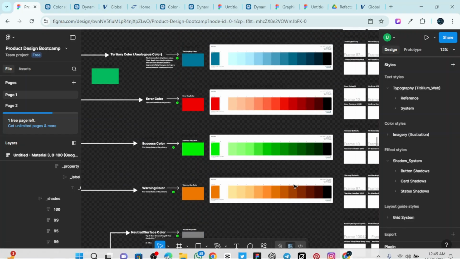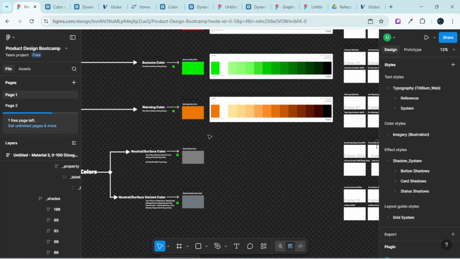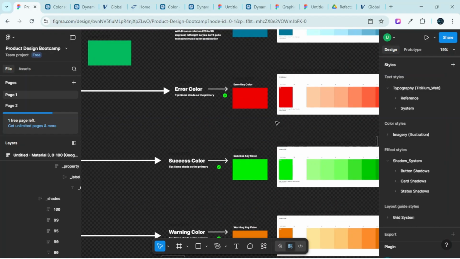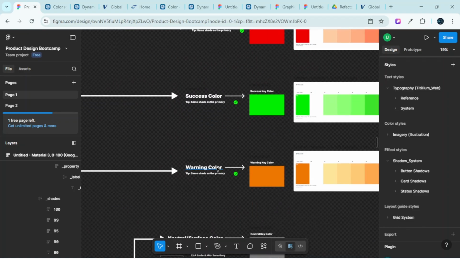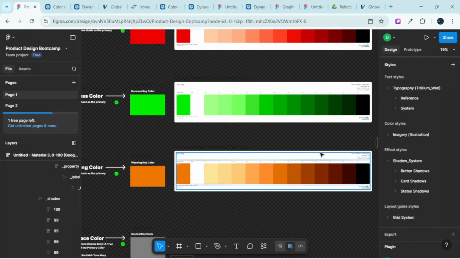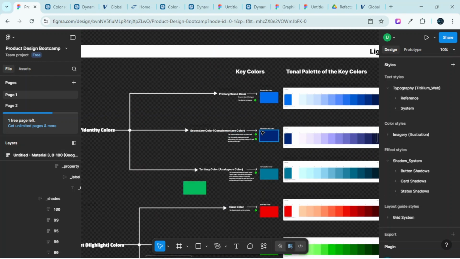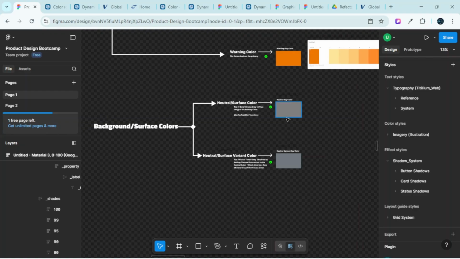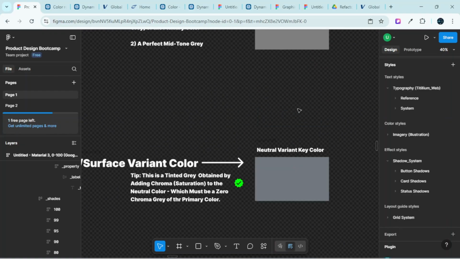I have created the tonal palette for each of the key colors. Now we are left with the background or surface color. So we now have tonal palette for the success colors, as you can see. I will now have the tonal palette for the warning colors, which simply means that we now have the tonal palette for all the semantic colors and also for all the brand or identity colors. Now it is time for us to create tonal palette for the neutral key color and also neutral